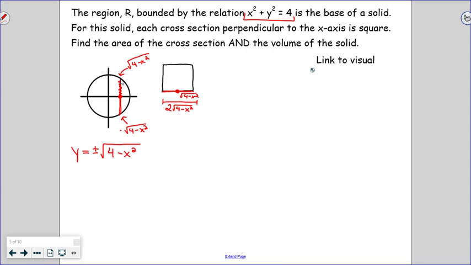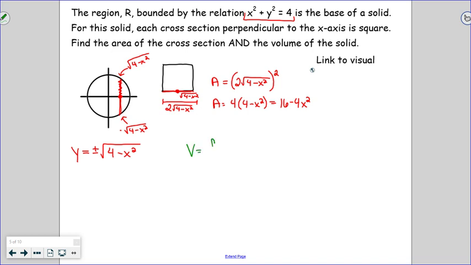And so I find the side length of that being 2 times the square root of 4 minus x squared, which then gives us an area for our square, again, side length 2 square root of 4 minus x squared, squared, or 4 times 4 minus x squared, which we could simplify to 16 minus 4x squared. So then transitioning into our volume,